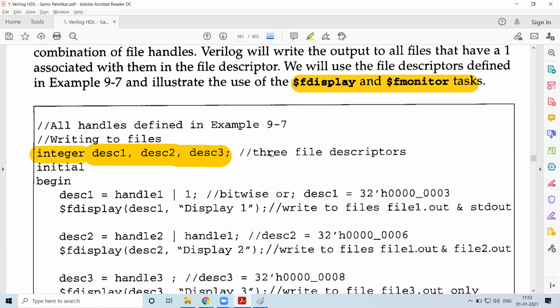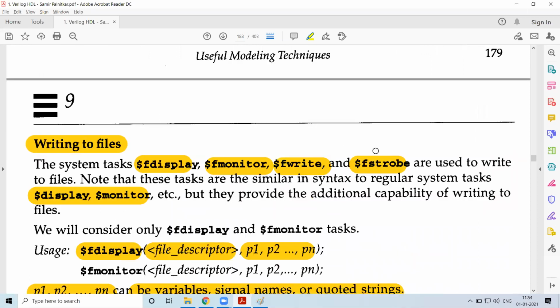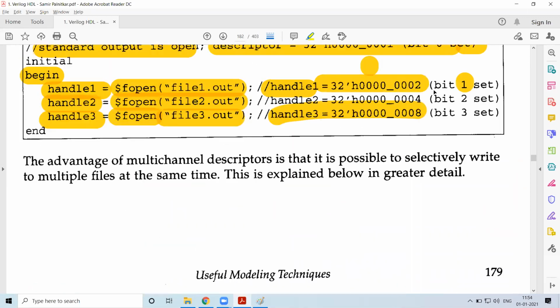Integer descriptor 1, 2, 3, three file descriptors you have defined. Then descriptor 1 is equal to handle 1 ORed with 1. Handle 1 value is 1 0 with the remaining all zeros.